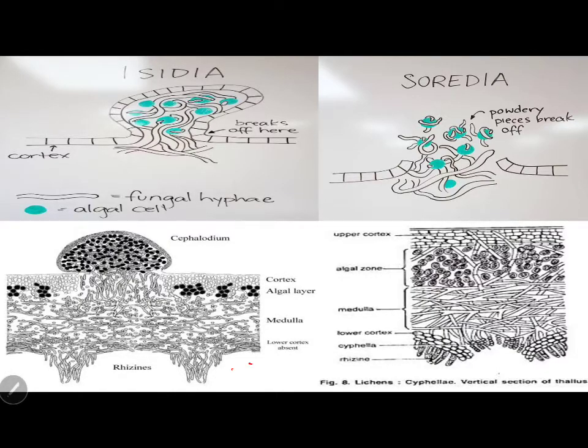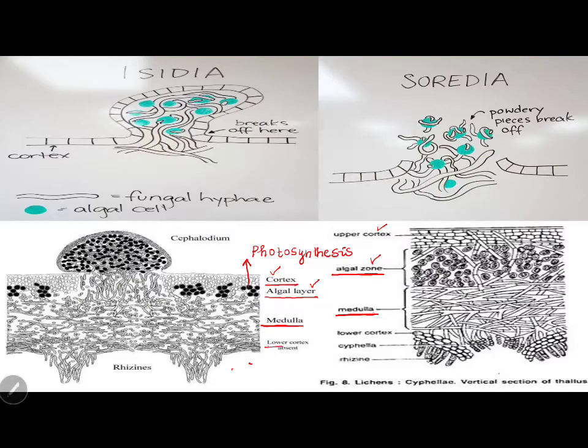So if you see, I have cortex and algal layer. This has to be close to the surface because this is responsible for photosynthesis. So the cortex here, algal layer here. So it is called as algal zone. Then the deeper layer is medulla here also, because both the structures are same. But you can really get an idea about the structure of the lichen in vertical section.